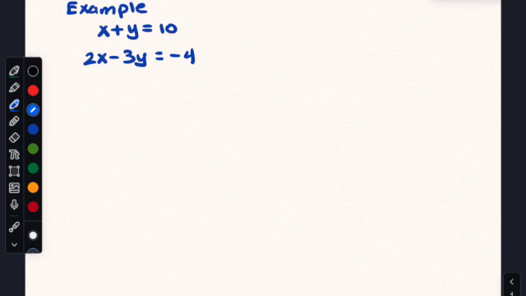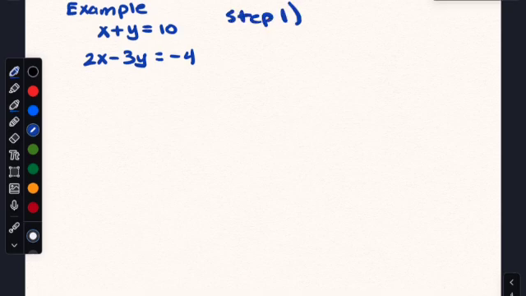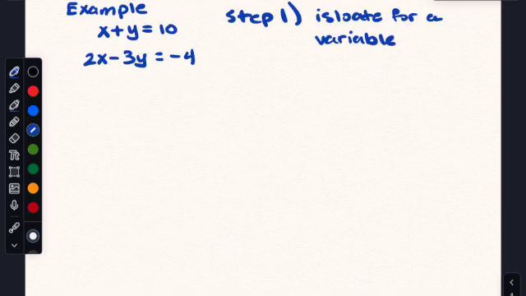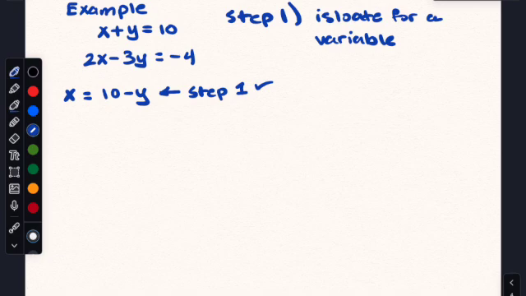Our next example is going to be x plus y equals 10 and 2x minus 3y equals negative 4. The first step we know is to isolate for a variable. So go ahead and do that. It doesn't matter what variable it is. Just as long as you properly isolate it, you should be good. Step 1, I isolated for x using the first equation. Step 2 is going to be